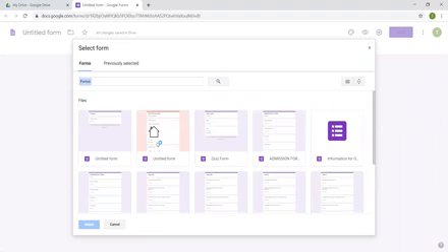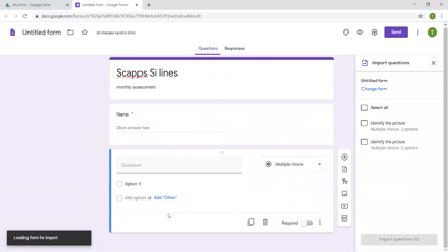I just tried this form. I have made this form, so I will select it. And from this form, I will import one question. It is loading. After loading, the form has come here on this side.